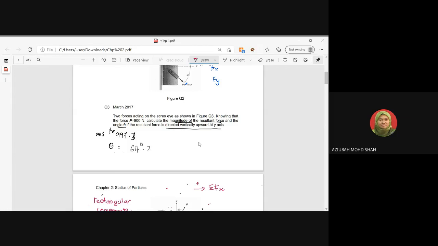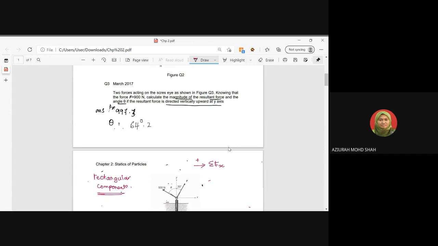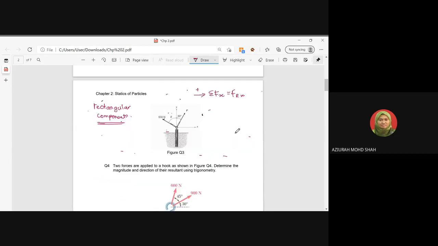But for this question, it is clearly mentioned that you have to calculate the magnitude of the resultant force. So it means it is non-equilibrium. Dia bukan equilibrium. Okay, itu satu, clear. So bila it is not equilibrium, the way we write summation of Fx is equal to FRx. Okay. And then for the